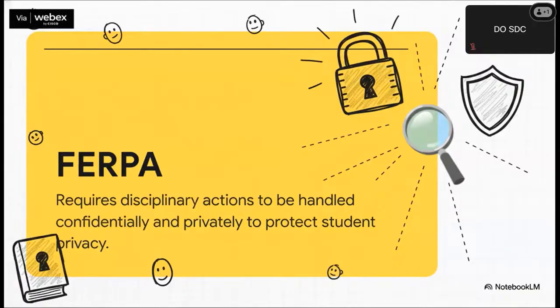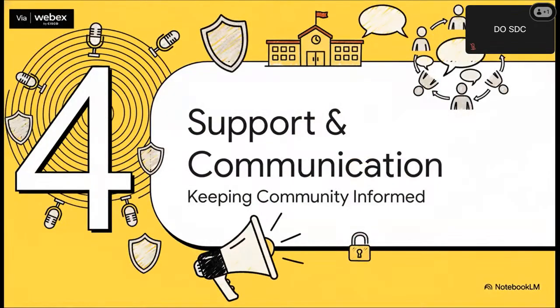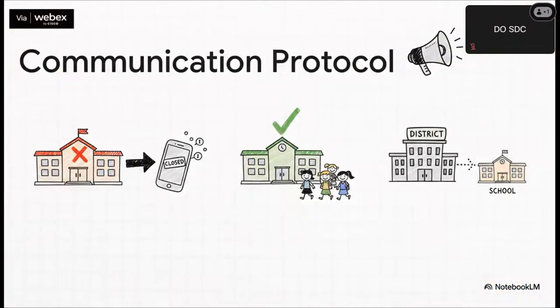So, with the threat handled and privacy laws being followed, how does the district actually keep the rest of the community in the loop? That's where communication comes in, and it's the next critical piece of this puzzle. The communication plan is really clear. If a situation ever gets serious enough to require a school closure, families will be notified just as fast as humanly possible. On the flip side, if a threat turns out to be nothing, families are also told that, and school just continues as normal. And through it all, the district is right there, providing constant support to the school to help them manage everything.